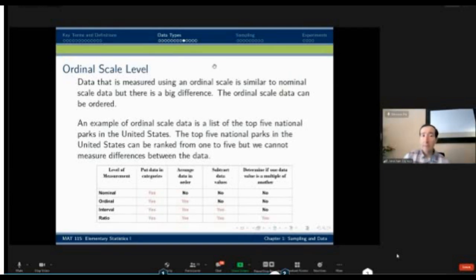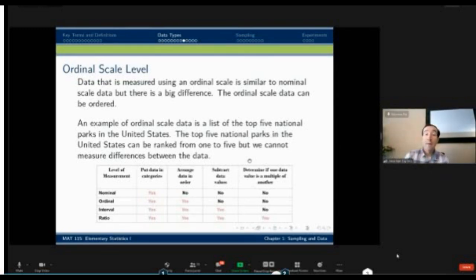Ordinal scale level, it imposes an order. That's where the ordinal term comes from. So data is measured using an ordinal scale. It's similar to nominal scale, but there is one important difference. I can order them. And I think it's best to think of this as a rank ordering. Okay? So if I asked, for instance, for the top 5 national parks in the United States, I could list 1